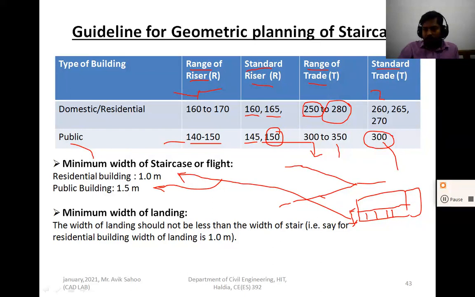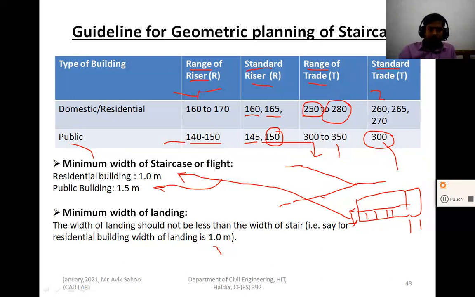Now the width of landing. The width of landing should not be less than the width of stair, and width of stair means width of flight. So for a residential building, if the width of flight is 1 meter, the width of landing should not be less than 1 meter, so either 1 or more than 1.